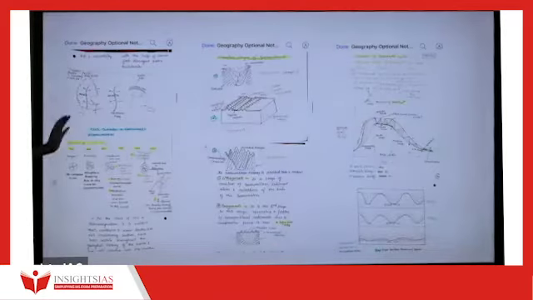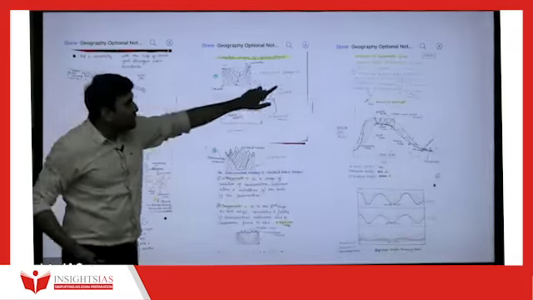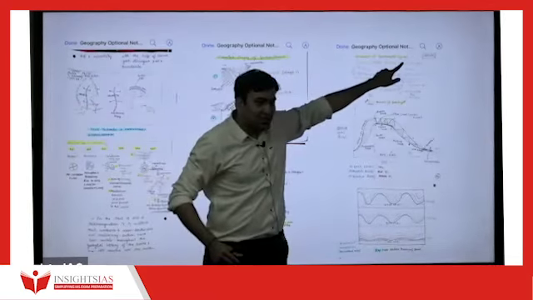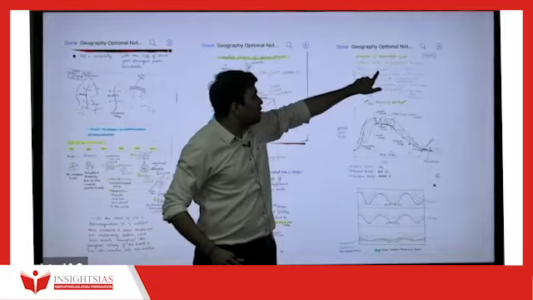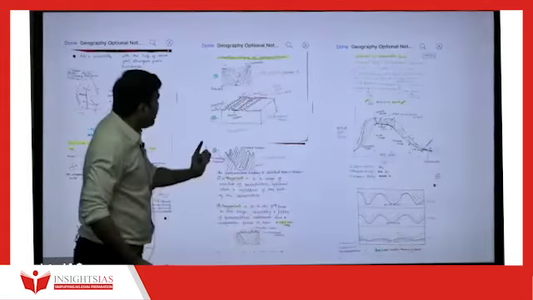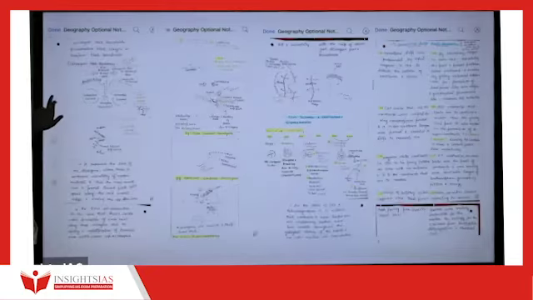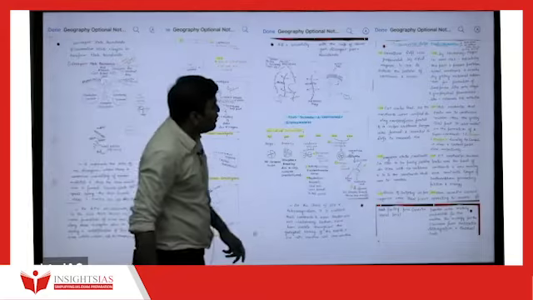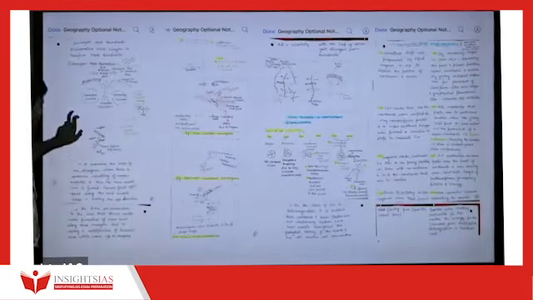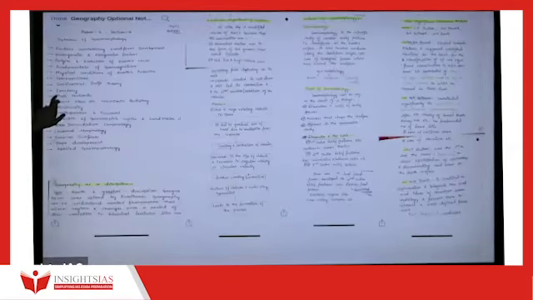So this is another. This is geomorphic cycles, the concept of geomorphic cycles. Are you able to see it? So the concept of geomorphic cycle, Davis and Penck. And one more point which I want to show you here is something called previous year questions, which is very important for basically any optional, where you can see here and there. So here we started, here they have written the names.